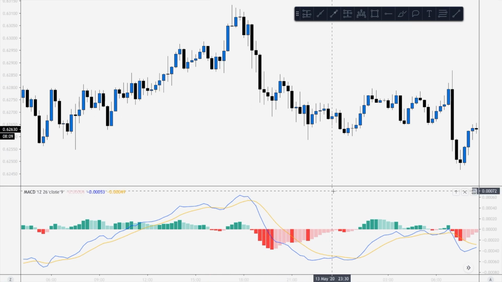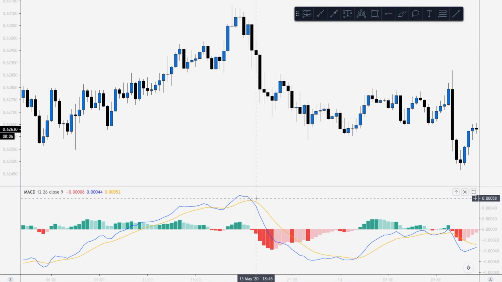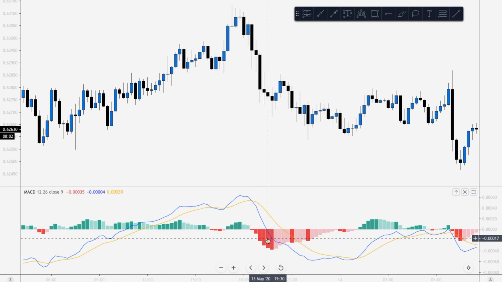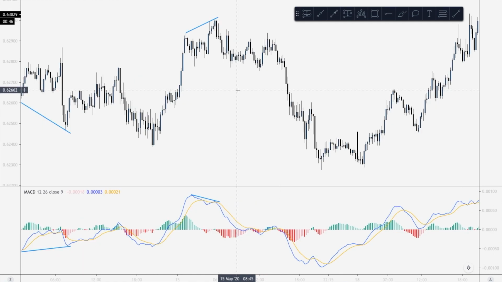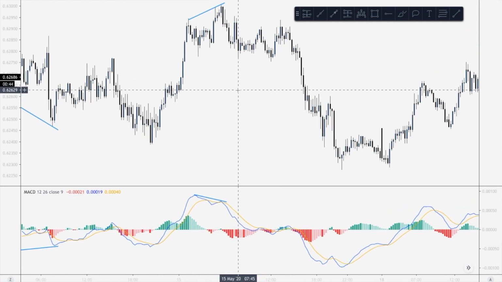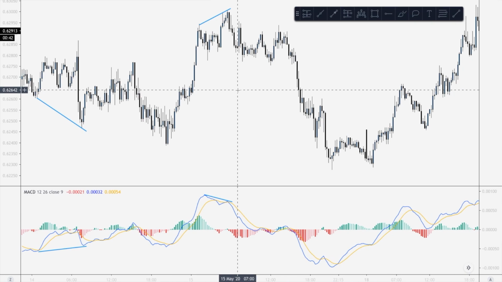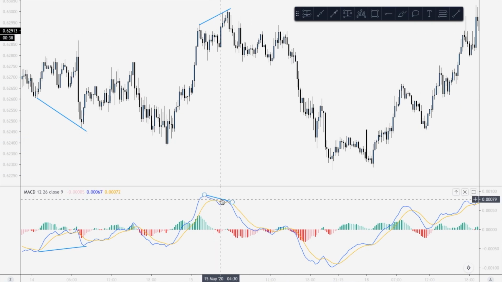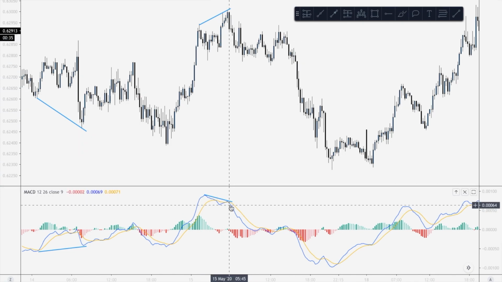So here the traders first look for the crossover and then wait for the red bar to form below the baseline and then enter the sell trade. Number 4 is MACD divergence and crossover signal. Traders use a MACD divergence to spot the reversals and crossover signals for confirming the reversal.